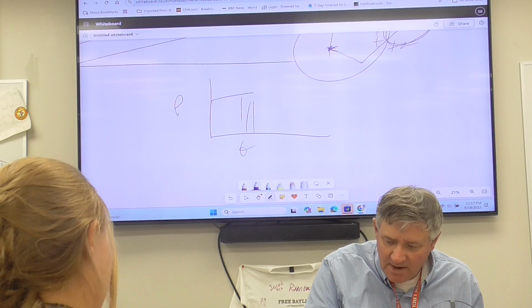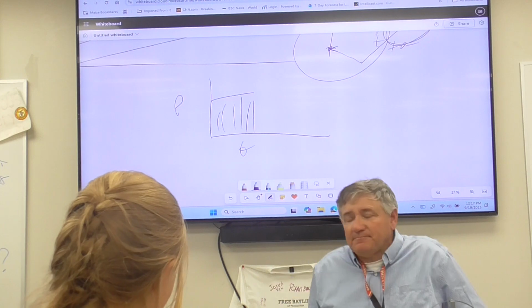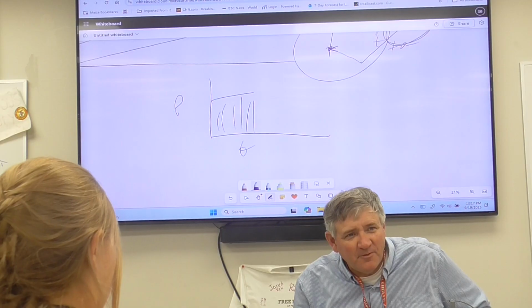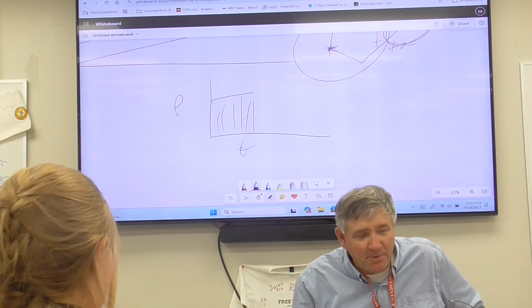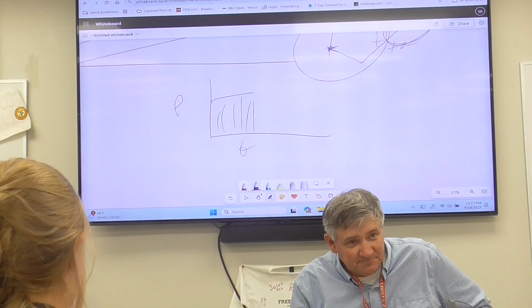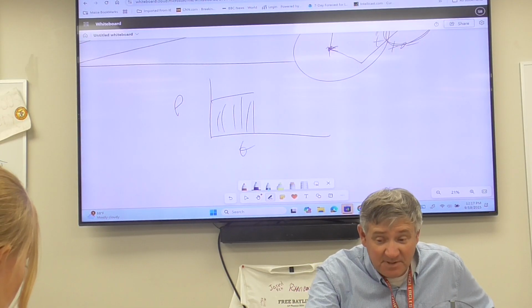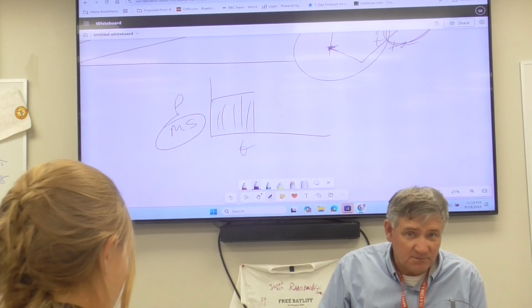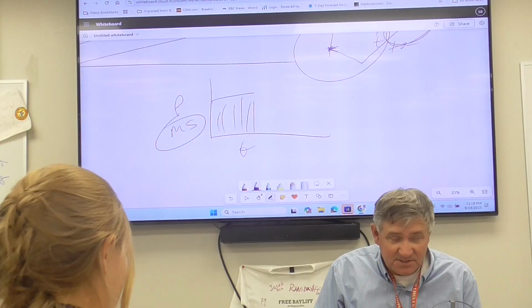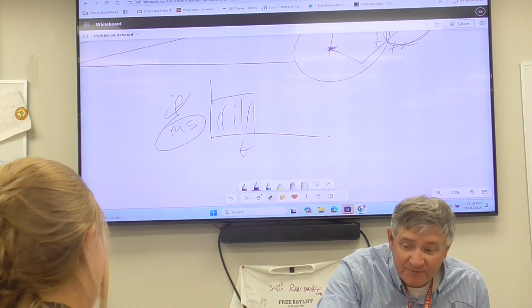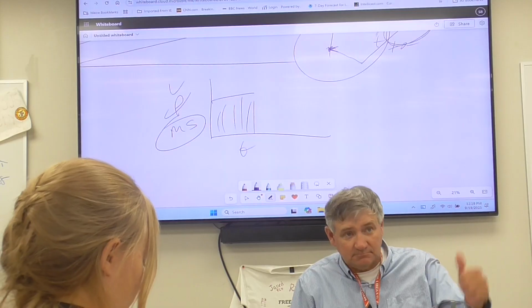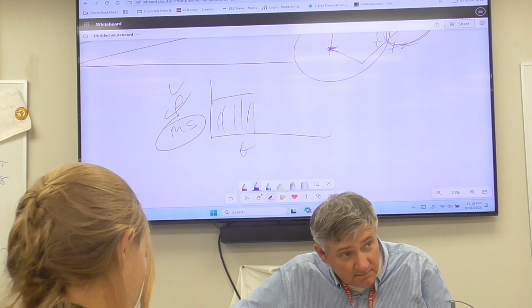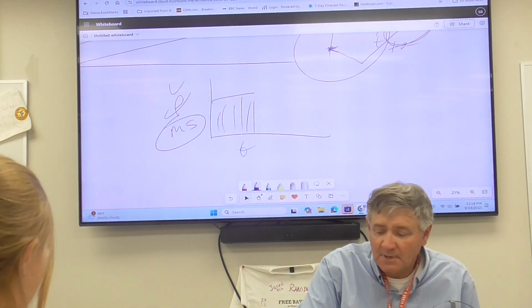If I gave you a position time graph and asked you to find the area underneath the position time graph, Nathan, you shake your head, no. Nonsense. Why? There's no such unit of meters per seconds. Well, it's just meter seconds, right? What's measured in meter seconds? Nothing. This area underneath the position time graph has no meaning. If it was a velocity time graph, bueno, then it would have meaning. And the area would represent displacement.